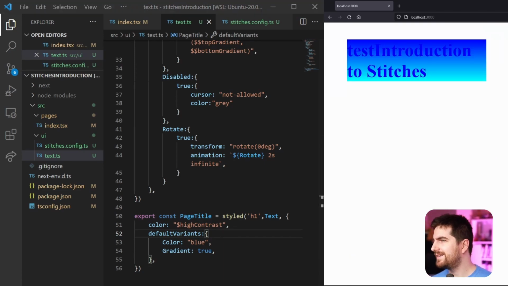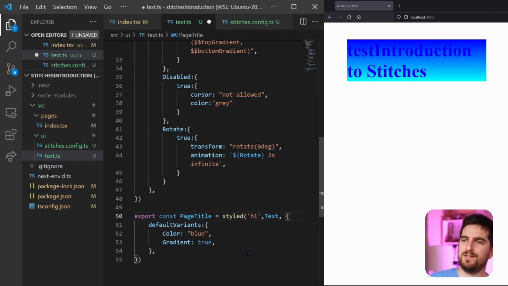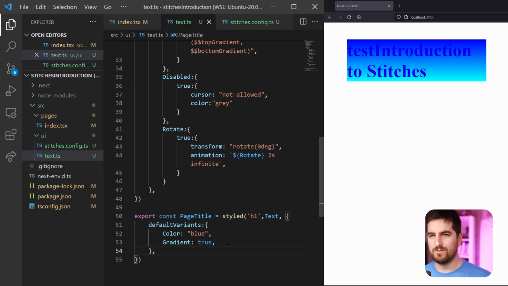Maybe we found a first bug in version 1. Color blue. Oh yeah, no, it's because of course I'm actually defining the variant here for the color, so of course it's not gonna work. All right, anyway, so you can have all of your default variants